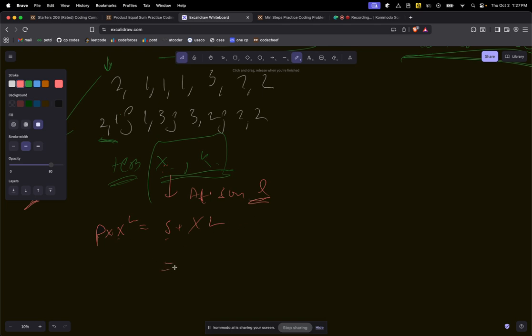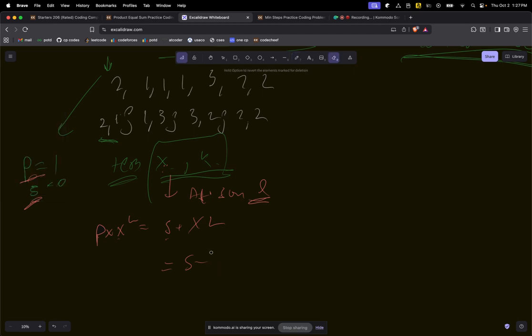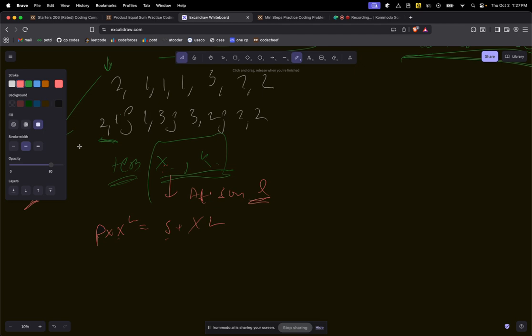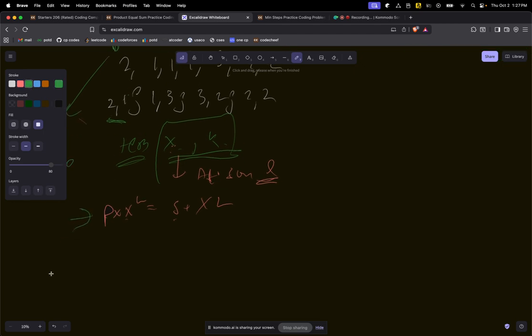So this would be sum minus product, or rather, we can go with this expression. Fine. Now again, if x is greater than or equal to 2,